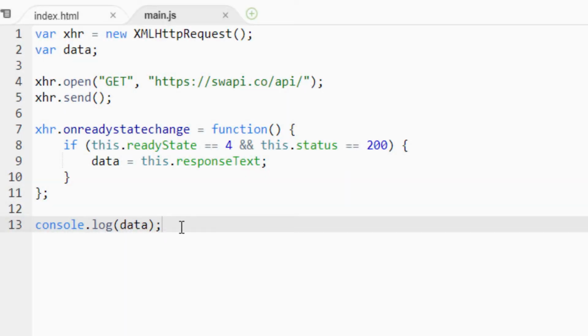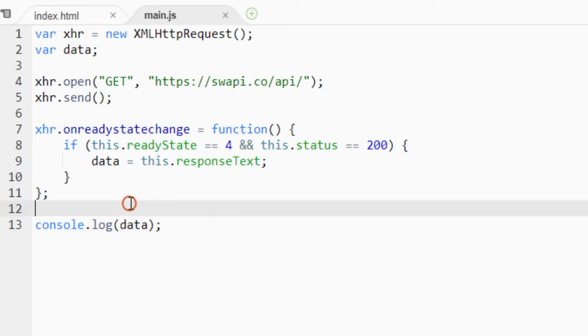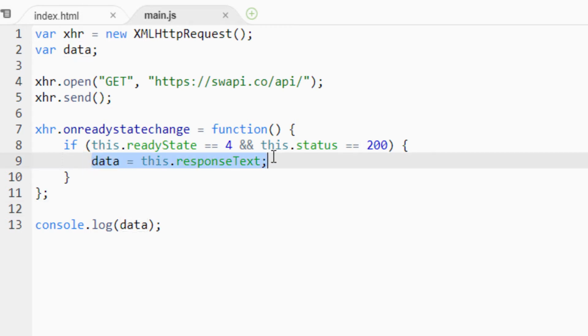Why doesn't our console.log data work? Well, there's a very good reason for this, which is that the onReadyStateChange function only sets the data variable to contain the response text when the ready state equals 4 and the status equals 200. Our function has been called 5 times by the time that our data variable is set, whereas our console.log is only ever called once, and that will be right after we've run